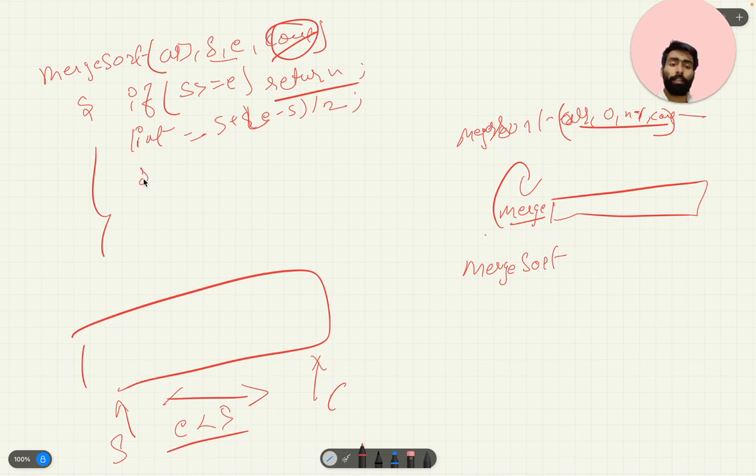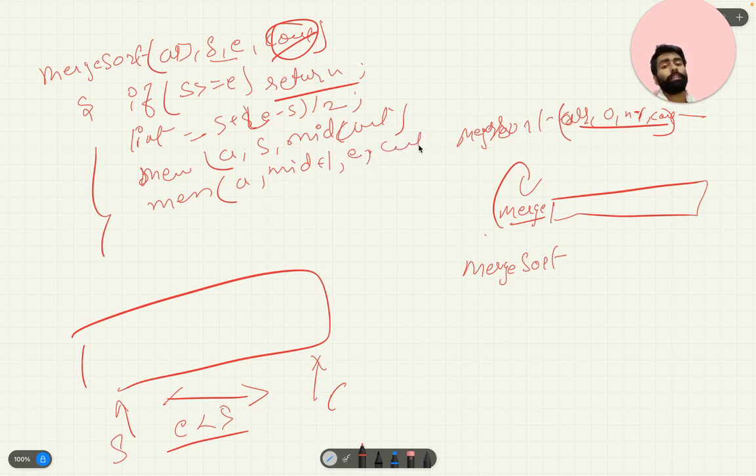After getting the midpoint, we will call merge sort again on itself. We will first pass the array and a starting point and mid, along with count, and for the next call, mid plus 1 will be the starting point and end will be the end point, and count.